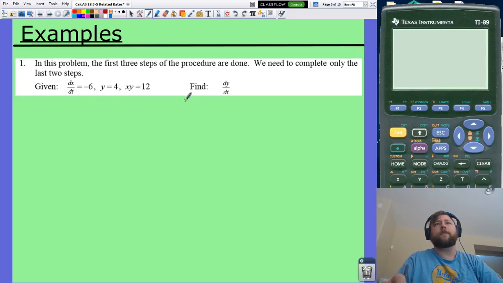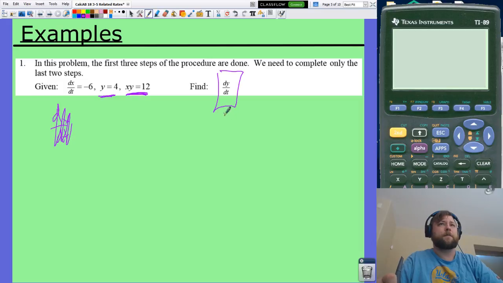So we're given our information already. We have a dx/dt equals 6. We know y equals 4, and then we have a function or equation, x times y equals 12. I want to find dy/dt. All right? So I'm going to take this equation, x times y equals 12, and I'm going to do my